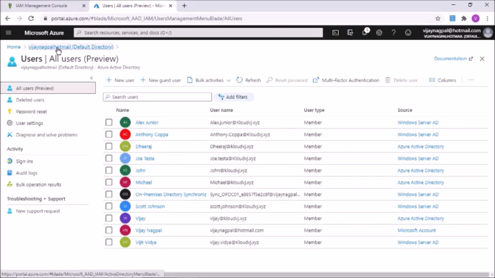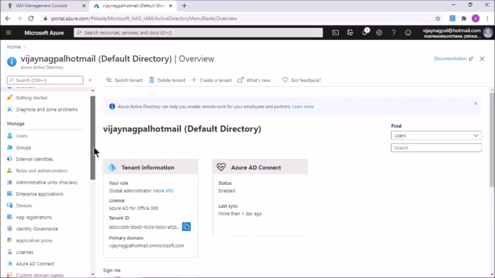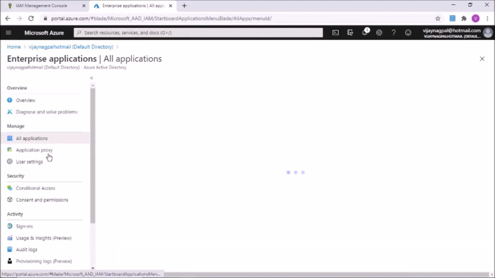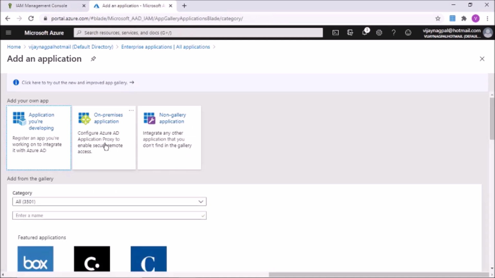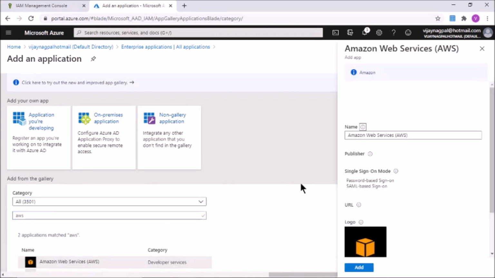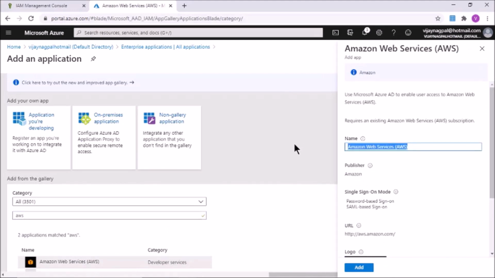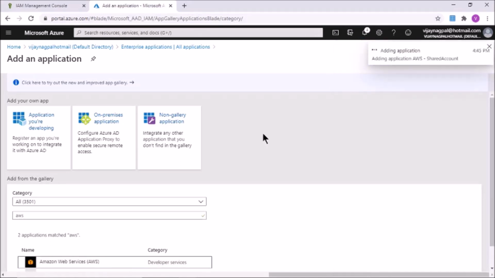To configure the SSO, first we need to add the application from Azure Gallery. Search for AWS. Give some meaningful name. It will take 30 to 40 seconds to add the application, and you can see the progress from here.